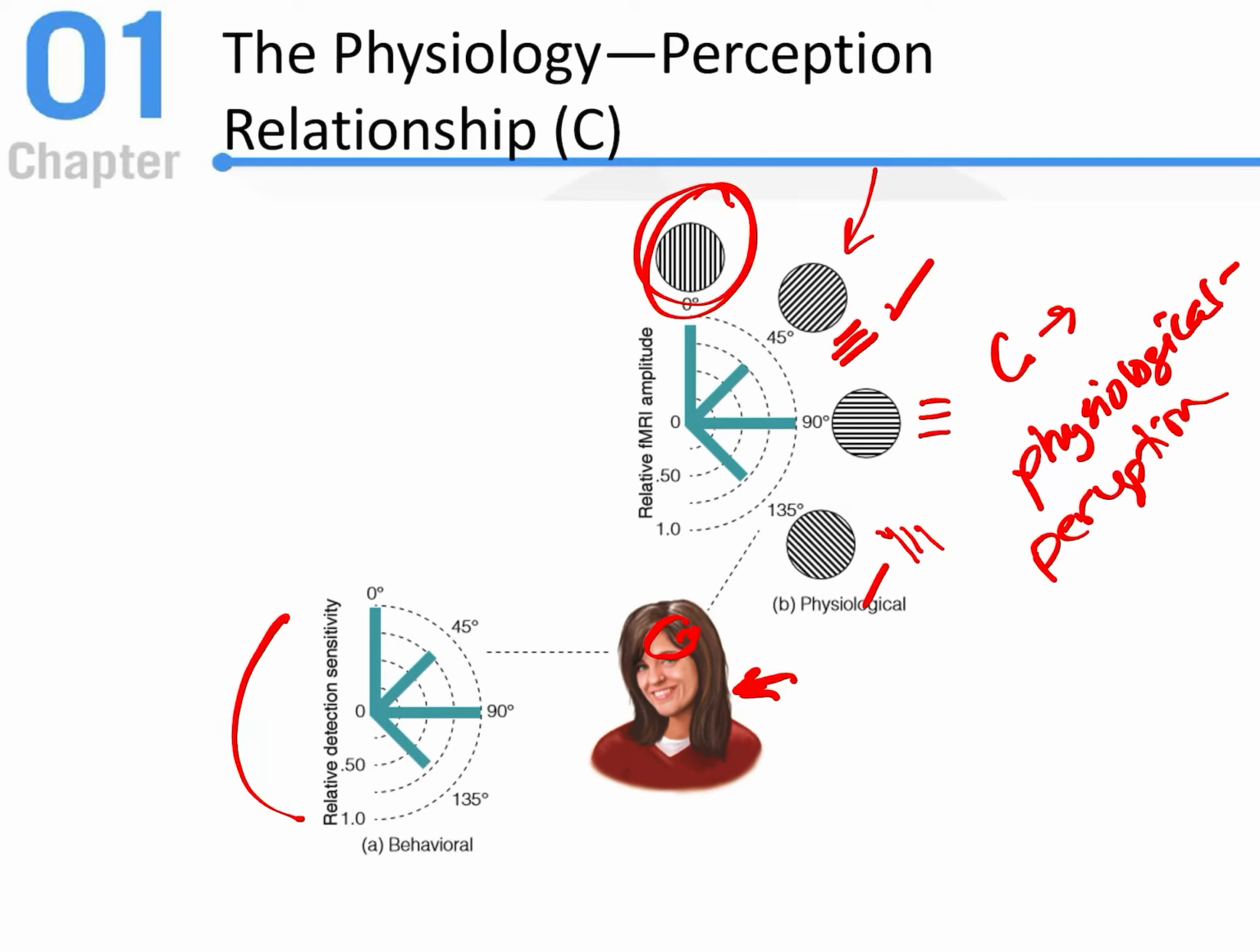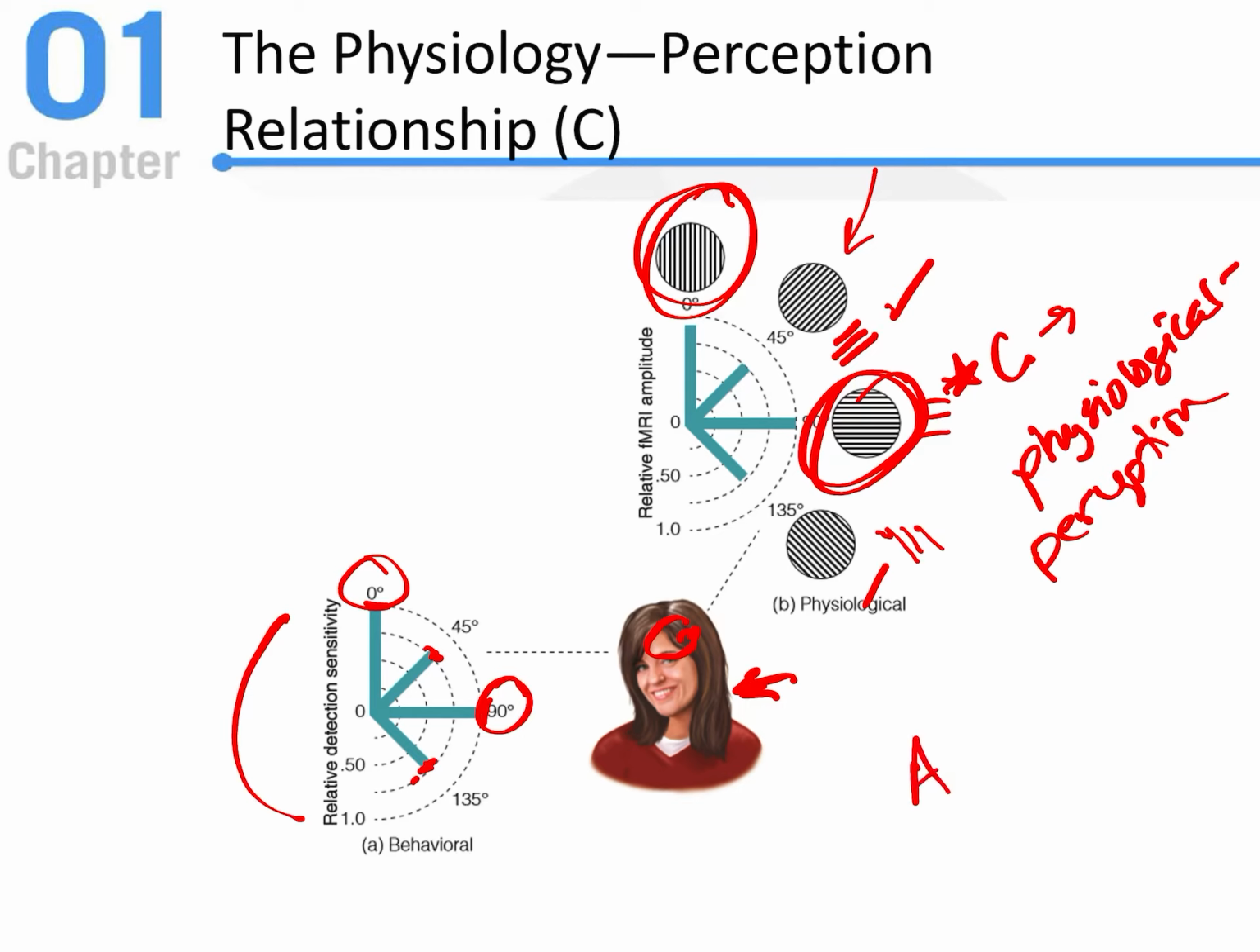So here and here produced the strongest effect in the fMRI response. You can see the bars going here and here. That is greater sensitivity than here and here. And so what this is showing us is that, again, we confirm that this relationship C is consistent with relationship